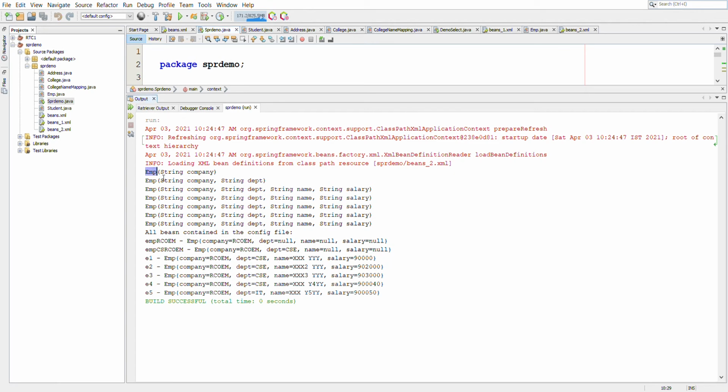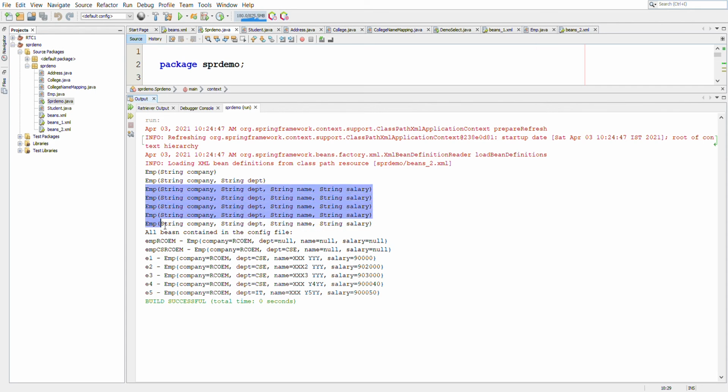Here, as you can see in the output, since we had printed a line from the constructor, you can see first the constructor for string company has been called, then the constructor wherein we are passing company as well as department has been called, and then the completely parameterized constructor having all four values.